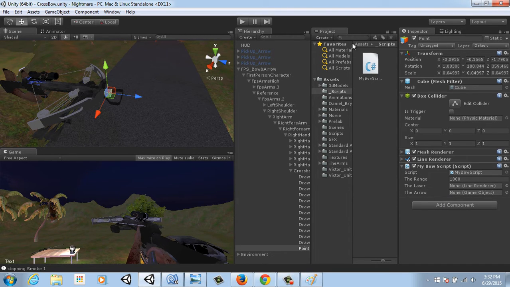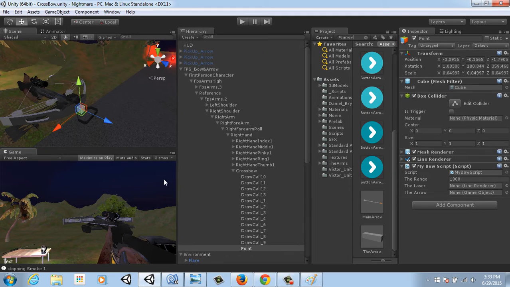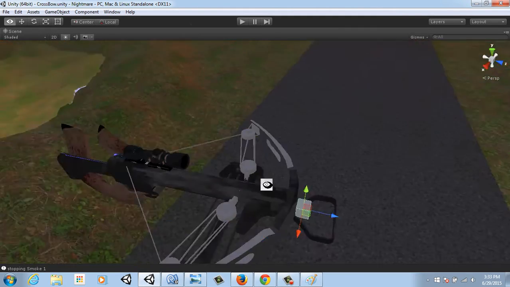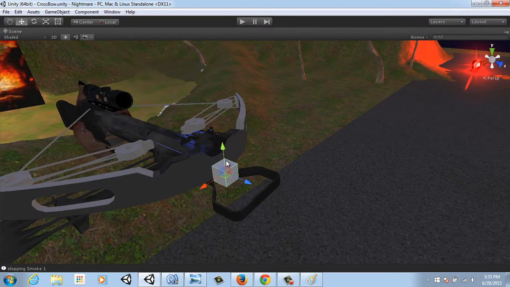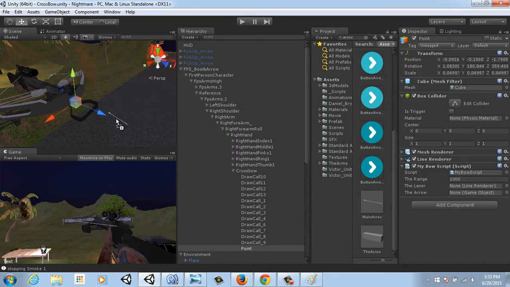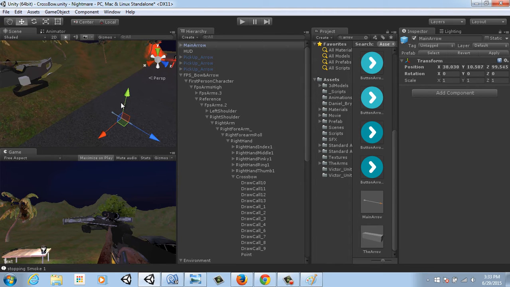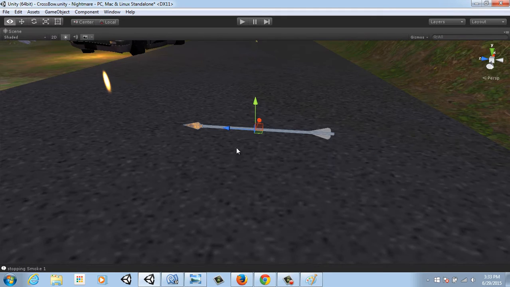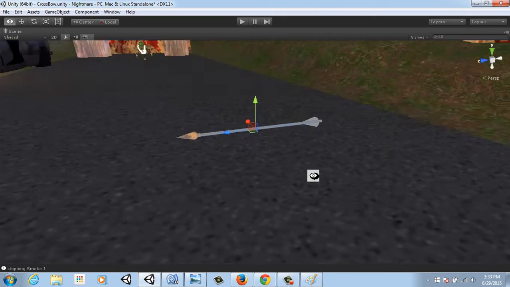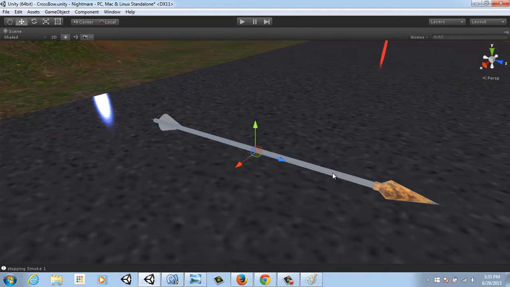Alright, there's a new variable right here. I'm gonna go ahead and actually search for the arrow. If you don't have the arrow, all you have to do is, when you actually get the model, there's already an arrow. So what I did, I separated that arrow and I made it a prefab. That's the most important thing, by the way. You need to make the prefab of this model arrow, which is along with this crossbow right here. So I just separated it and made a prefab of it. So once you have this arrow right here,